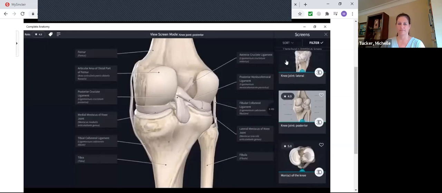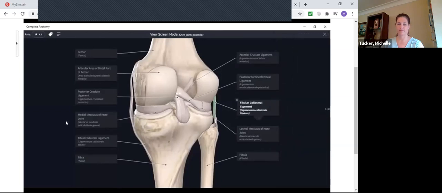So the knee has many ligaments. Some that we will be looking at are the fibular collateral ligament, the tibial collateral ligament, and this is looking at the knee joint from the posterior aspect. So this is also showing us the posterior cruciate ligament, as well as the medial meniscus, the lateral meniscus,